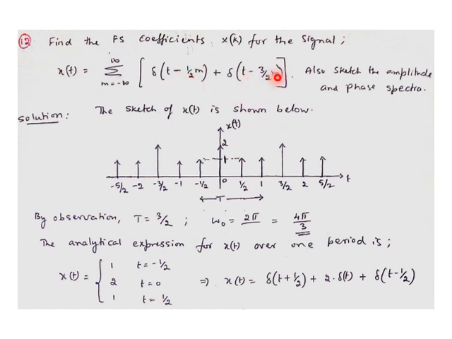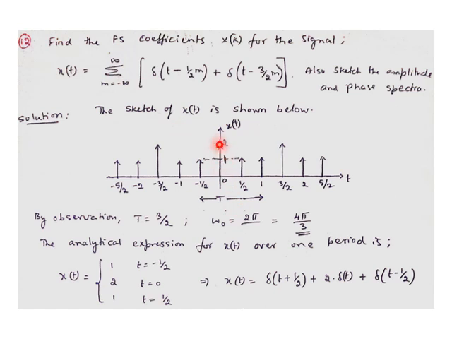If m equal to 1 is taken here, then we have delta t minus 3 by 2, twice, so two times the term obtained at 3 by 2. So I'll try to plot this x of t graph and look at its sketch. When m equal to 0, which is common for both cases, we get 2 delta t. So the amplitude is 2 at t equal to 0.